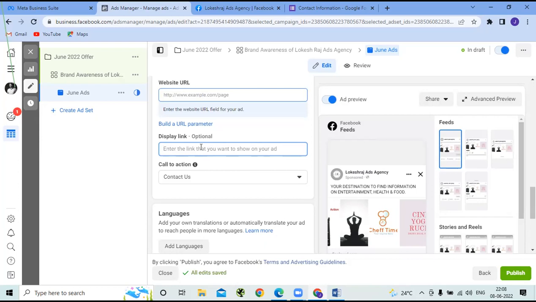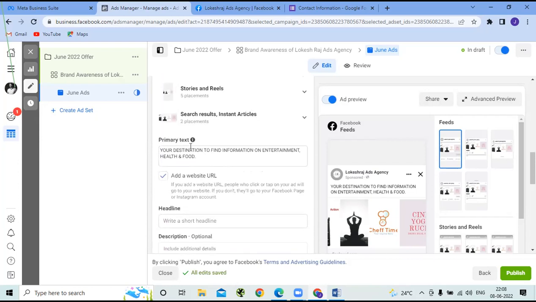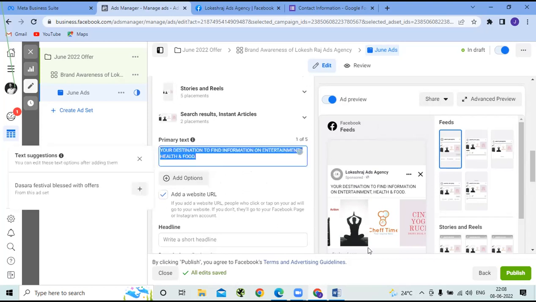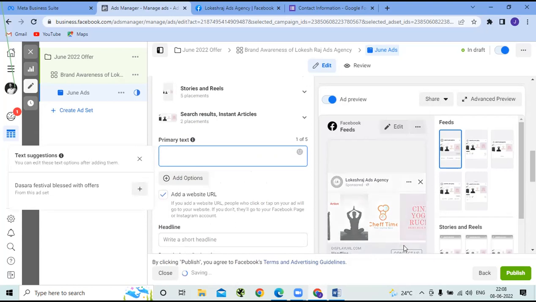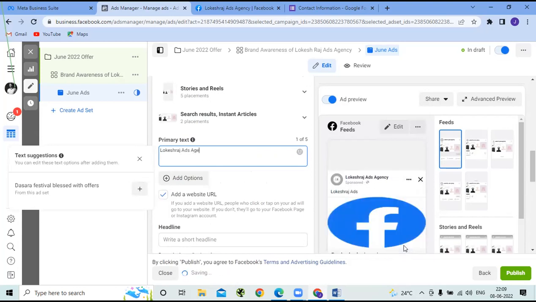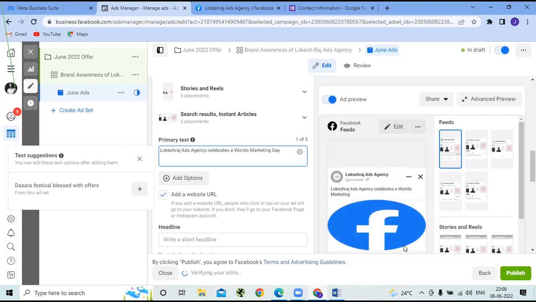ठीक है। यस और सर उसके ऊपर वापस ये जो है ना प्राइमरी टेक्स्ट और हेडलाइन, उसमें क्या आएगा? हाँ सर, आप यहाँ पे जो कुछ भी आपको राइट हैंड साइड पे दिखा दे रहा है ना, आपके कंपनी के नाम के ऊपर स्पॉन्सर करके है, उसके नीचे जो कुछ भी है, प्राइमरी टेक्स्ट करके जो कुछ भी आप प्राइमरी टेक्स्ट में दिया हुआ है वही आपको यहाँ पे दिखाई देगा। से फॉर एग्जांपल, आई जस्ट चेंज इट दिस। ओके, सो जो कुछ भी हमने दिया हुआ है वो टेक्स्ट आपको यहाँ पे राइट हैंड साइड पे दिखाई देगा।